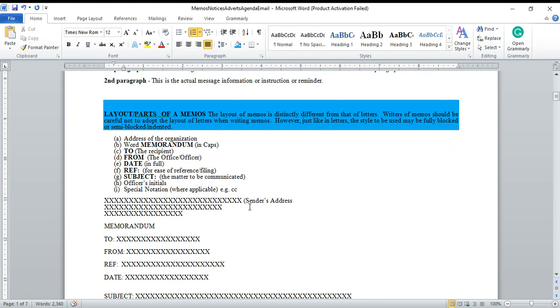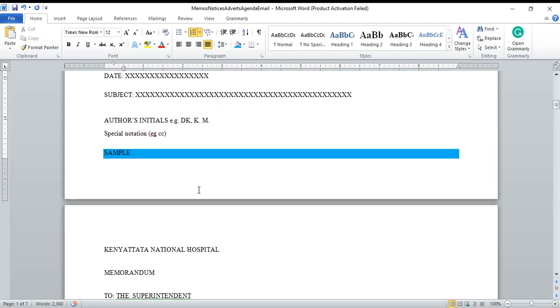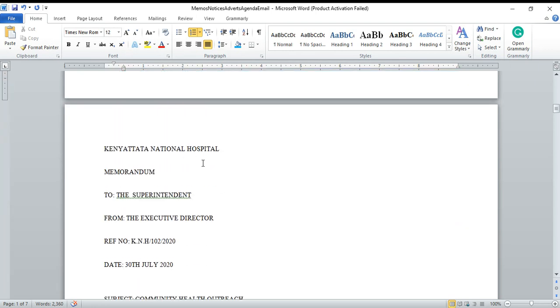So for this reason, whatever communication may happen between other officers and students, it is a good practice that the principal receives a copy of the same so that he or she is aware that such and such kind of communication happened. So this is how the syntax of a memo can look, or how a typical memo should look. Okay. Then you can have your sample, for example, name of the organization is Kenyatta National Hospital,